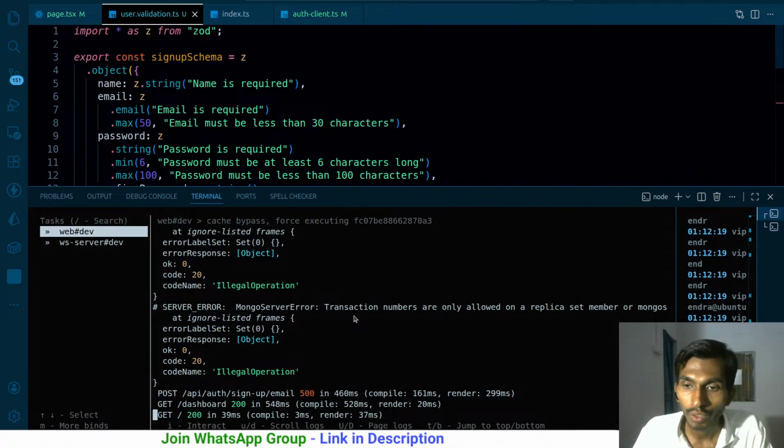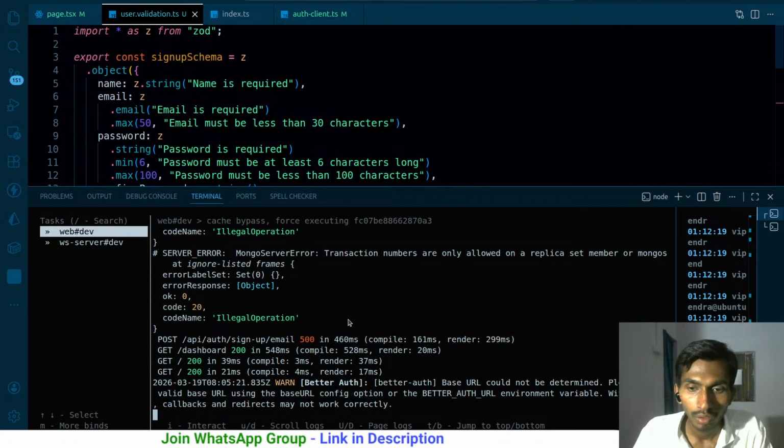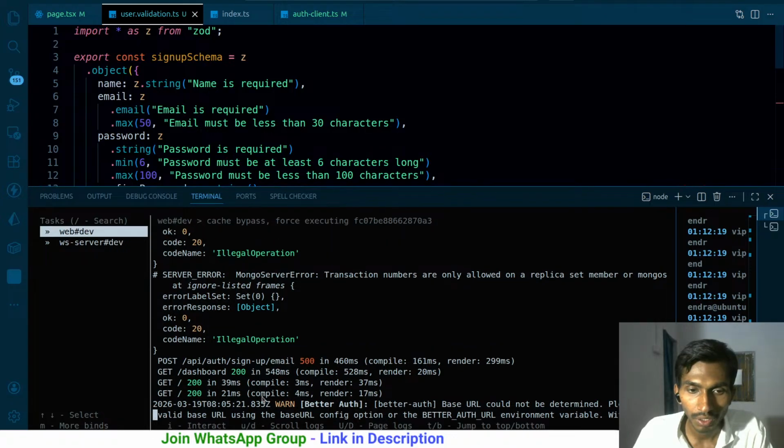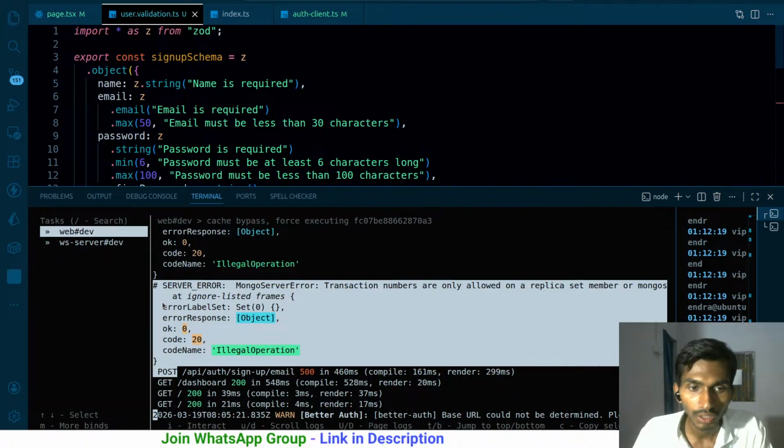Transaction numbers are only allowed on a replica set. Set a member on Mongo. I have done this. Base URL is already there now. This is the main problem. The question is,